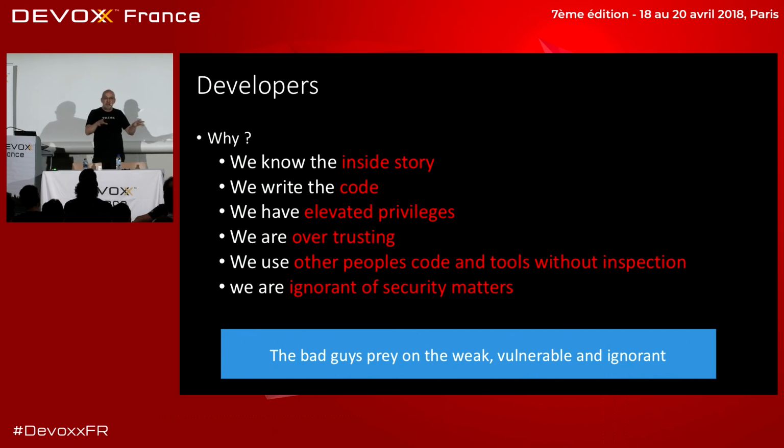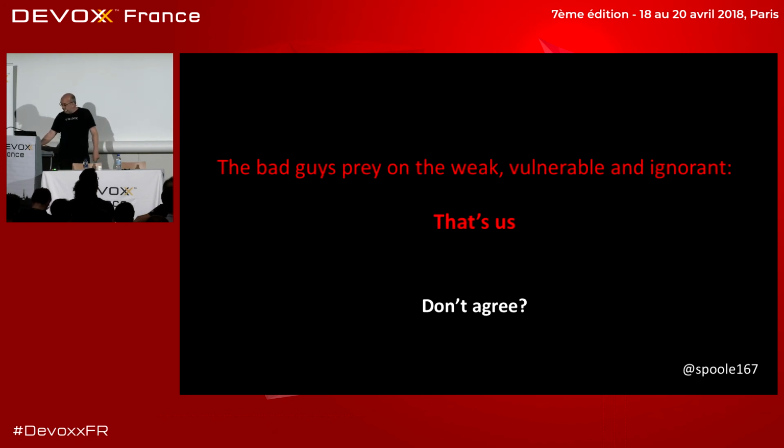And you go to Maven and you stick it into your POM, and the next thing you know, you've got some code, right? But we don't check anything about what it does or what the provenance is. Maybe we don't even check the license, okay? We just take it because we trust these people. And we don't understand the bad things that can happen by doing so, okay? As it says, the bad guys prey on the weak, the vulnerable and the ignorant, which is us, okay?